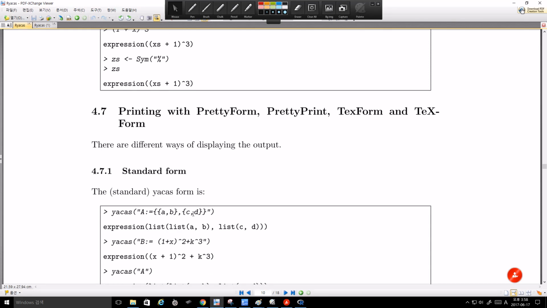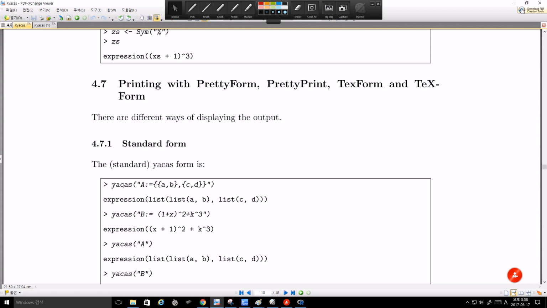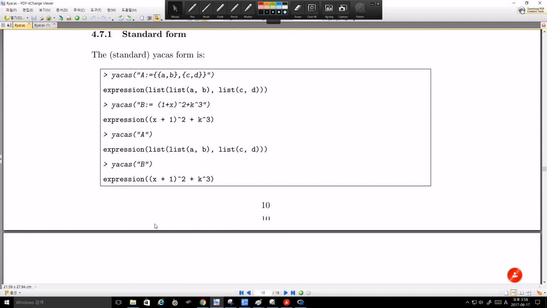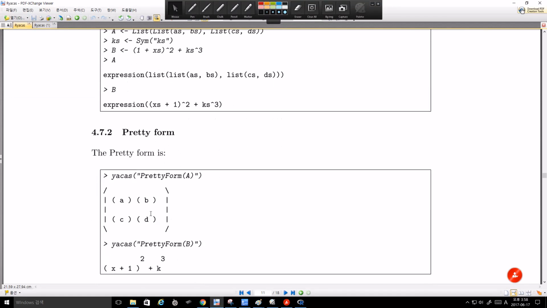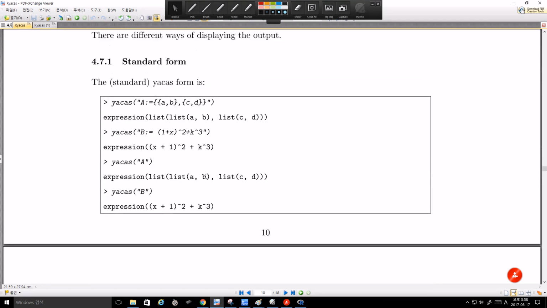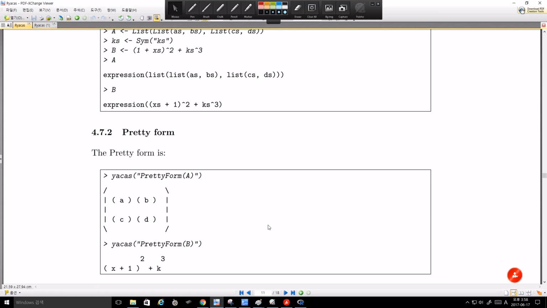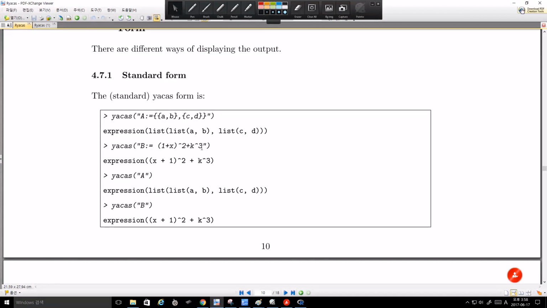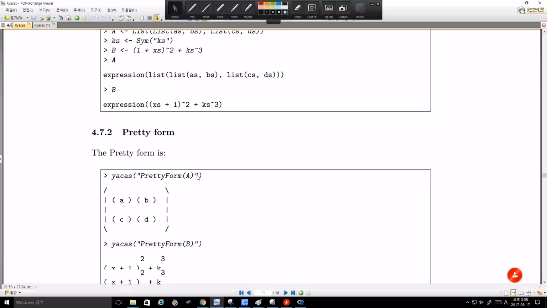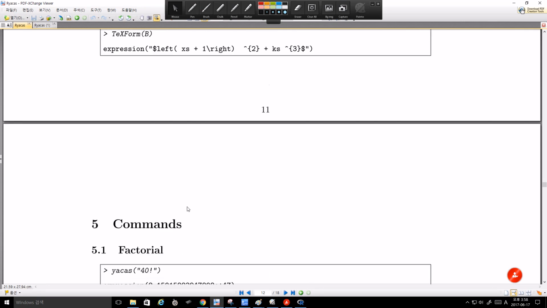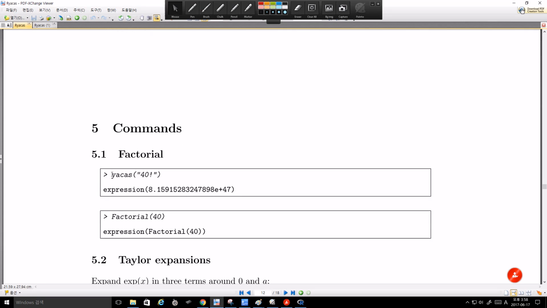And then standard form and pretty form. Yeah, it is the way of defining a matrix. Matrix A, B, C, D. So a list. Matrix B looks like this, and then matrix multiplication, and the pretty form of A, which is like this one. So A, B, C, D. We have A, B, C, D in pretty form. Here B is this one, and if we do the pretty form it is this one. Yeah, pretty form A, B. Yeah, TeX form. Comment. So factorial, you can calculate factorial